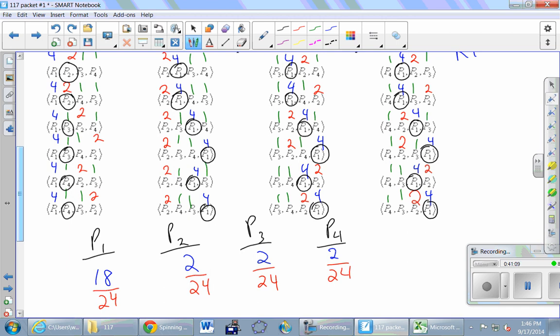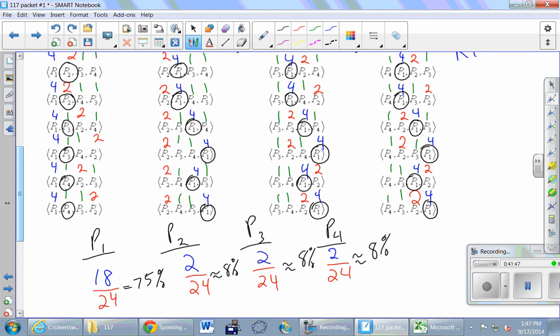You can leave these answers as they are. You can reduce these fractions if you wish. You can write percentages if you wish. 2 divided by 24. Can somebody type that in? About 8. Full credit. Those very first fractions we wrote are full credit. If you want decimals, then go for it. If you want to reduce the fractions, go for it. But as soon as you get those fractions written down, you're getting full credit. Okay?